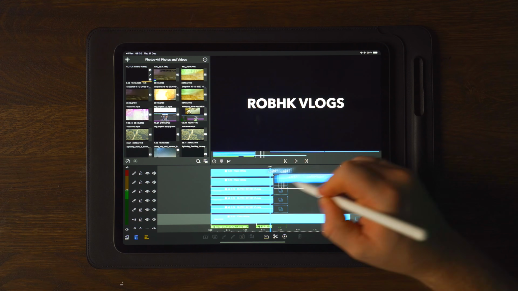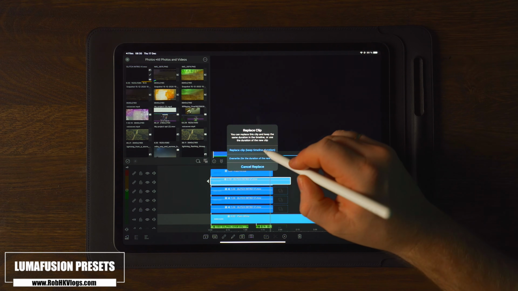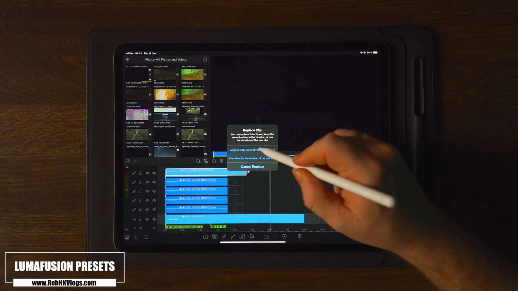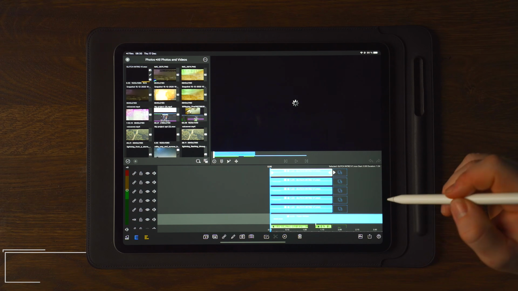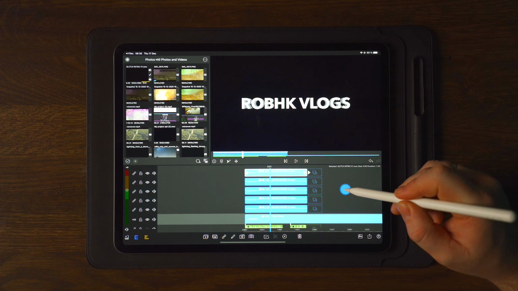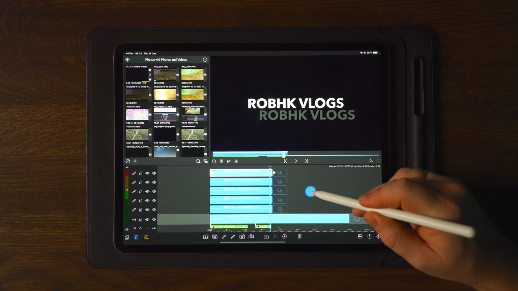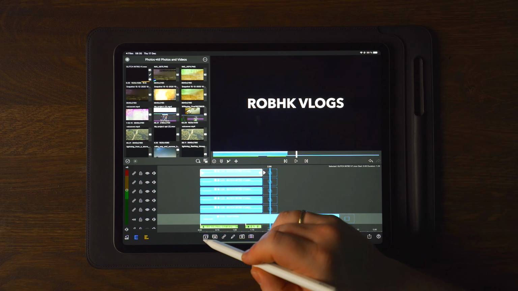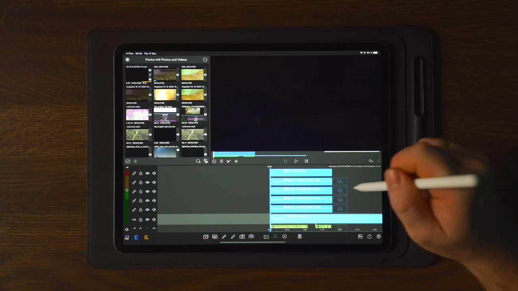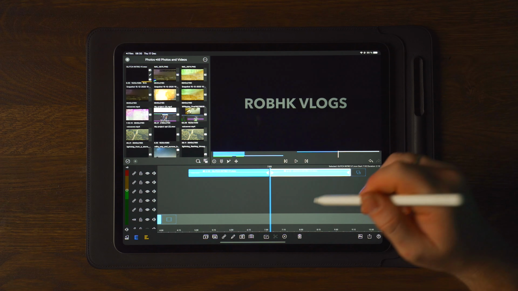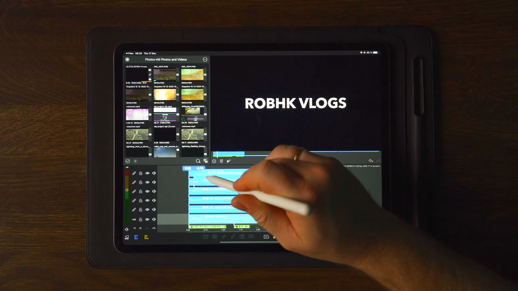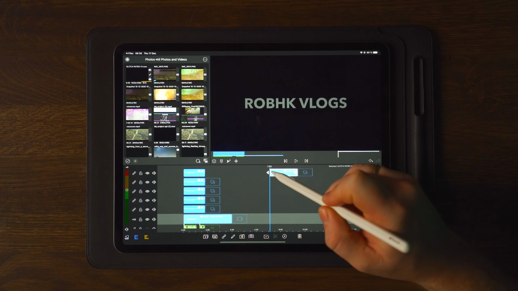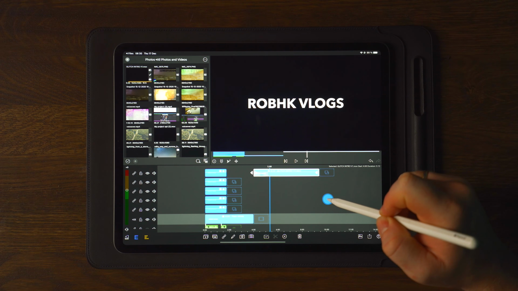So if we apply all of this now to the different layers here, you will now see that we have the logo coming in here, and then it disappeared. We can also do another duplicate of this one here. So we duplicate that and place this over again. And if we go back to the other one here,